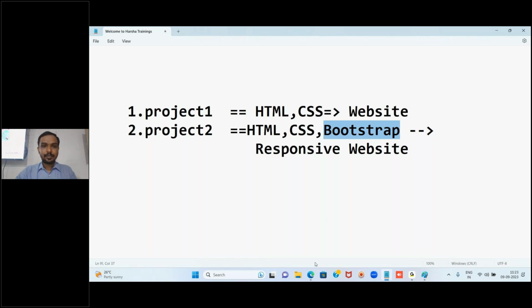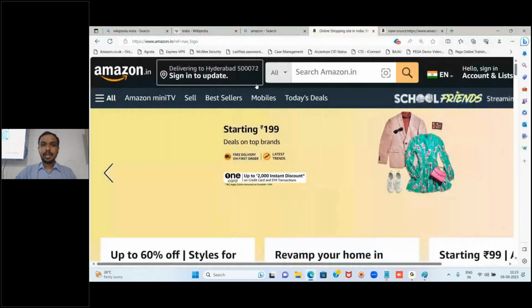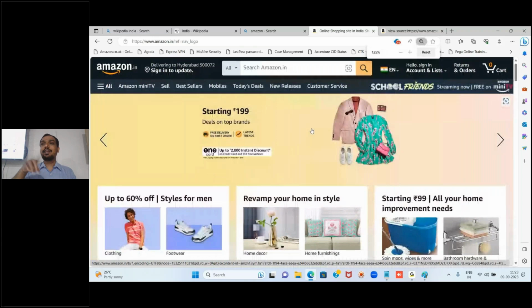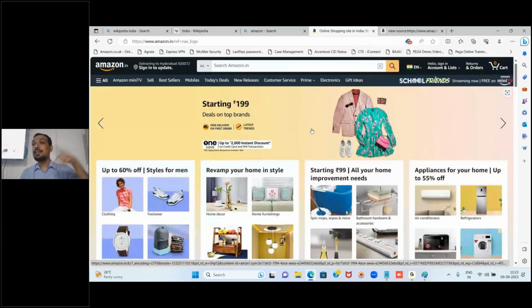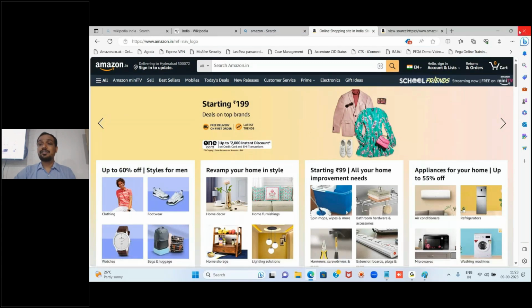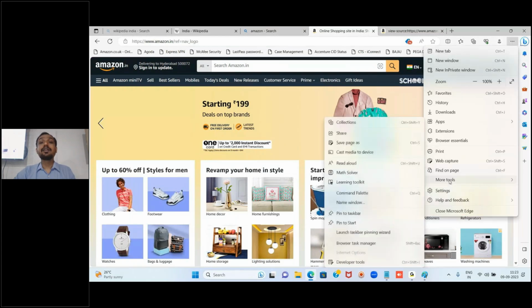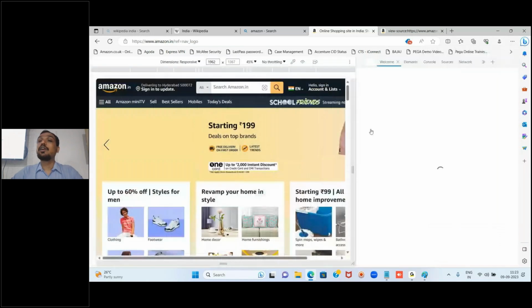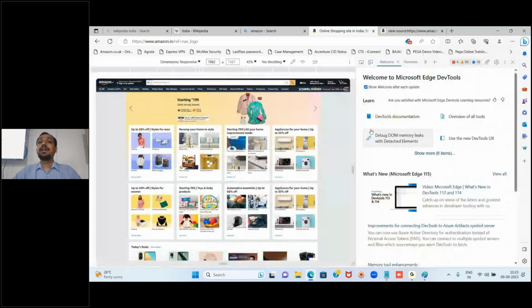So here, when we are developing as a normal developer, we have to create a site and check that site on mobile, then on a computer or laptop, then again on the tab, everywhere we have to check it, right? Nowadays, for developers, modern browsers are giving a special tool called the developer tool. In this laptop itself, we can check how it will display on mobile also. You understood what I'm talking about?